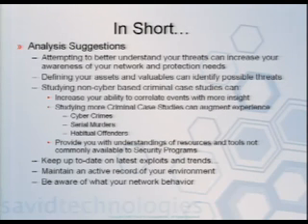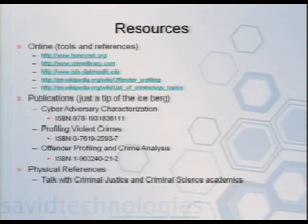You're here. Maintain an active record of your environment. Be aware of your network behavior. Know your network, people. I'm not saying that none of you do, but I have consulted two groups who have no idea where this system is. The host name? Oh, I don't know. I think it's on the 5th floor, and it's not even in that city. People who don't know when there's a daily cron job that transfers an rsync to another database in another site. I didn't know that happened. They thought that was something going on. Just please know your network. That'll help you reduce a lot of problems.